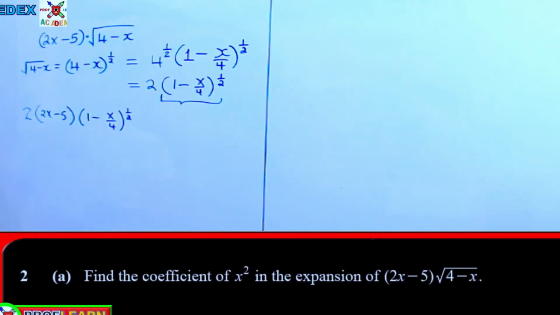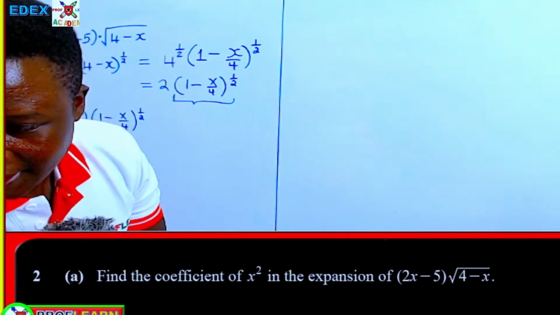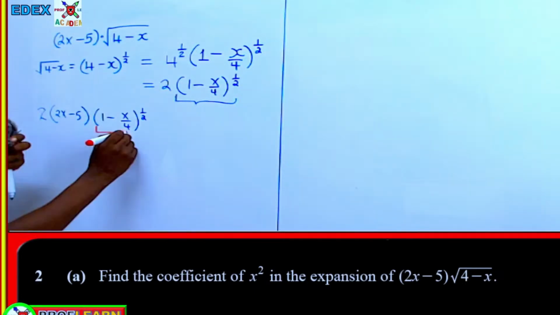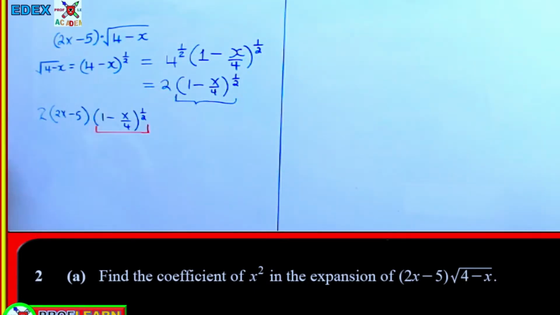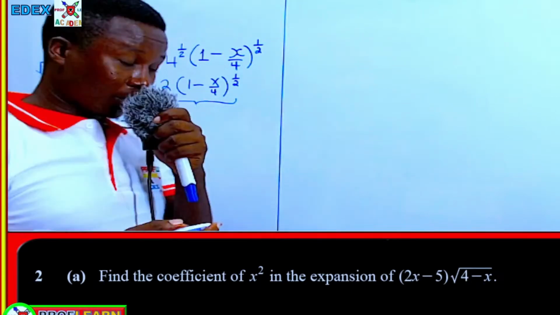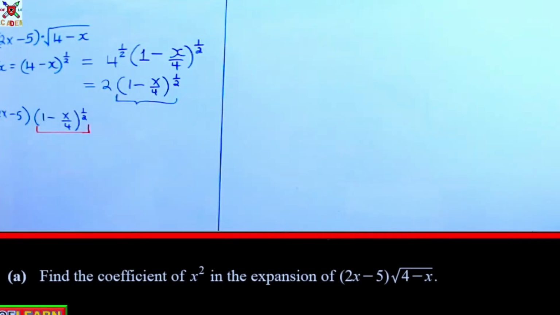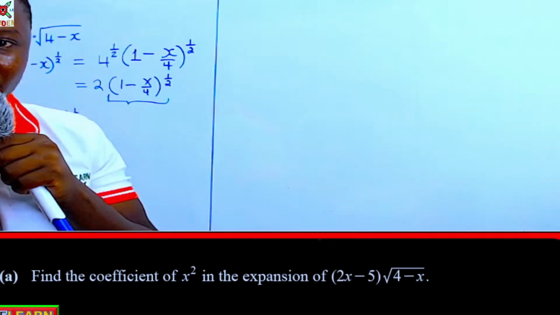Okay, so ideally we are going to work on this expansion now. What can this be expanded to? We are going to start by first looking at how binomial expansion occurs. So we are going to say, according to the binomial theorem, if you're having 1 plus x raised to a power